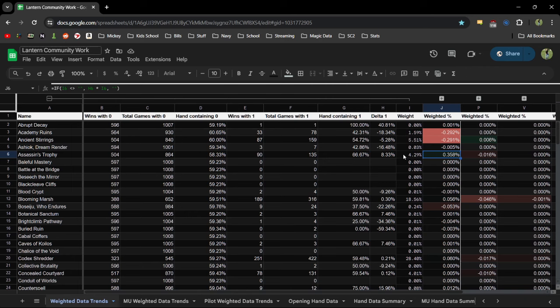So what I found was doing the ratio, I still had some weird things with the sample size, where smaller sample sizes, like a 100% or whatever, like this one right here, going Abrupt Decay, yeah, from 59.19 to 100%. That's a massive change, and the weight with a smaller total number of games didn't really account for the sample size as much as I'd like to, because the sample size of total games wasn't great. So I used, and if I square it,